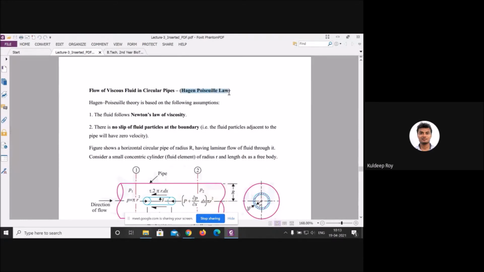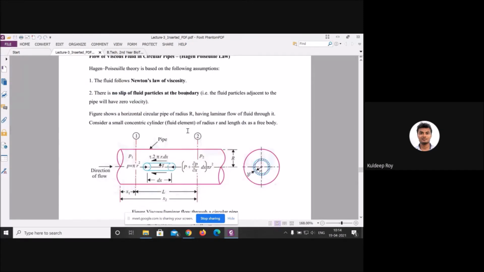If you are studying fluid mechanics, then this equation is applicable everywhere. If you sit for an interview, definitely they will ask how you would determine the pressure loss in a continuous pipe or any continuously flowing medium system. So, the Hagen-Poiseuille equation. First of all, we come to the assumptions. The fluid follows Newton's law of viscosity. As I have told you a thousand times, it is applicable where there is a no-slip condition of the fluid particles at the boundaries, meaning velocity at the surface is 0.